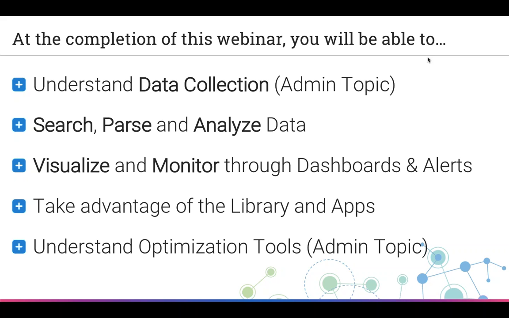At the end of this, you'll be able to understand the data collection topic. This is an administrative topic, so not everybody has access to collect data, but we'll cover it at a high level for sure. You will learn how to search, how to parse, and how to analyze your data. And also, once you've analyzed that data, you'll learn how to visualize it, how to monitor it, put it on dashboards, and also how to alert